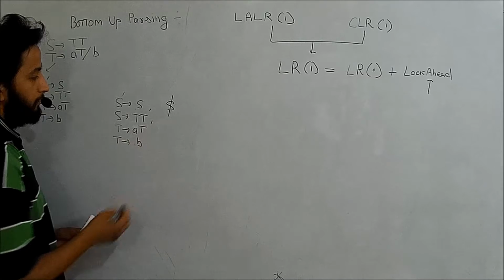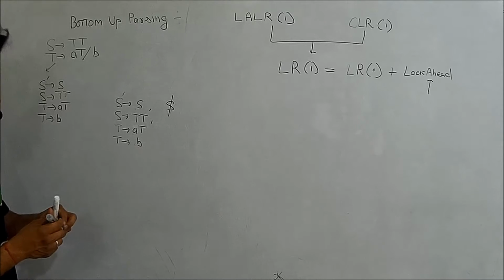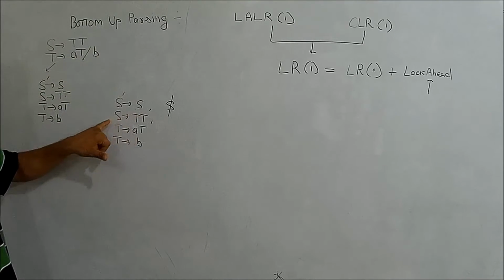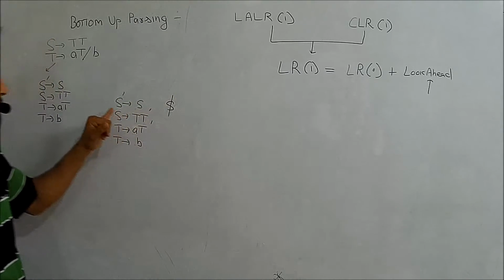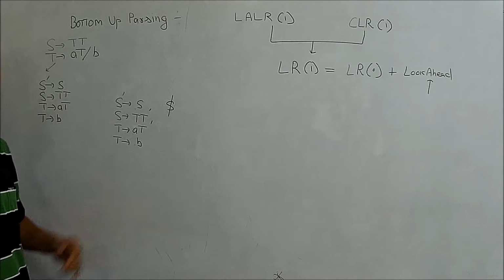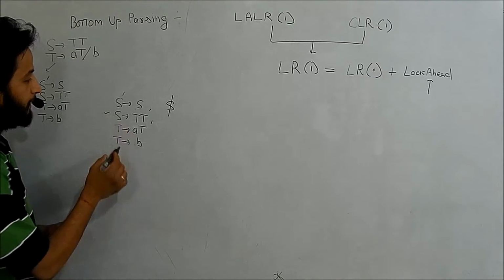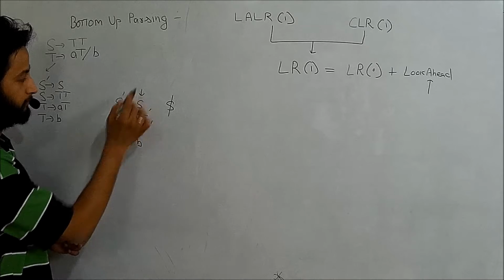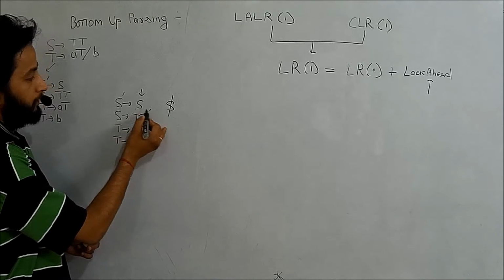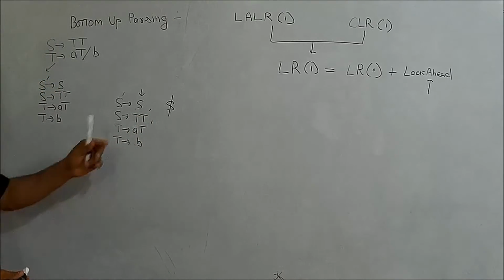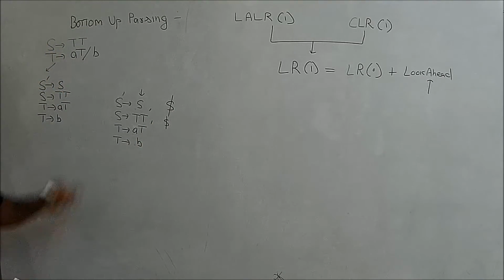Next, the main question is what the lookahead will be for these. When I write the closure of S, in this case we add dollar, because this one is the augmented production, and the lookahead for the augmented item is dollar. Next is S, which I have written because of this. For the lookahead we look at everything after the dot symbol up to this point. Up to this point there is nothing, so I add dollar here. So the lookahead will be the same as for this production.